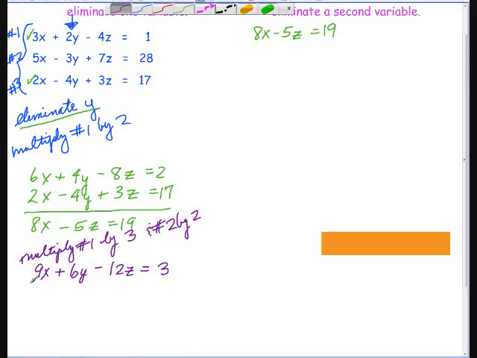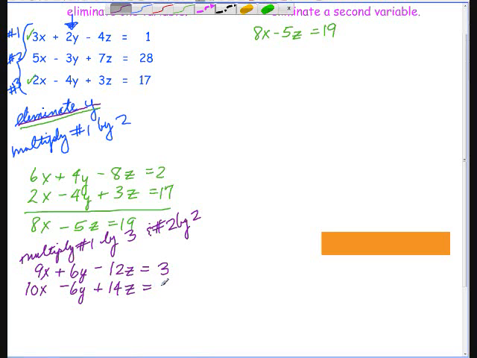Multiply number 2 by 2. That would give me 10x minus 6y. See, this is going to work, isn't it? To eliminate my y's. That's what we said we were going to do. I'm still working on that. It isn't done until I have used all three equations and eliminated y. What was I doing? I'm multiplying by 2. So that's going to be plus 14z